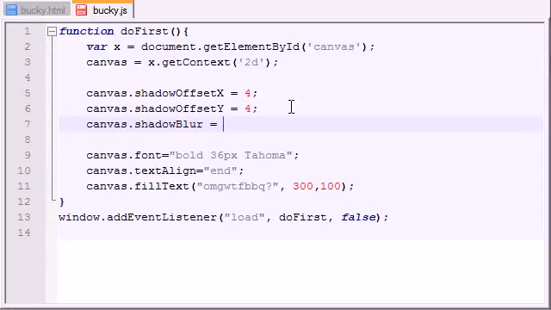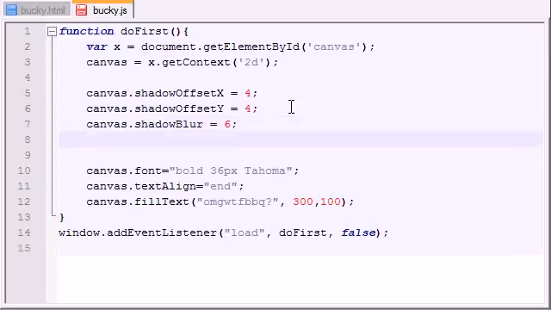So how much of a blur do we want to use? Let's put 6 right there, because I happen to know that 6 looks pretty good. But depending on what kind of website you're making, there's no set value that's a good value or a bad value. It depends on how big your shape is and what kind of look you're going for. So for now, I'm just going to add a blur of 6. And now, canvas